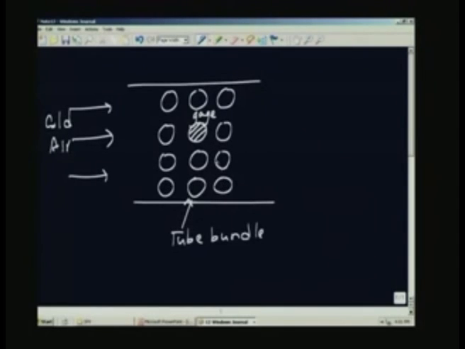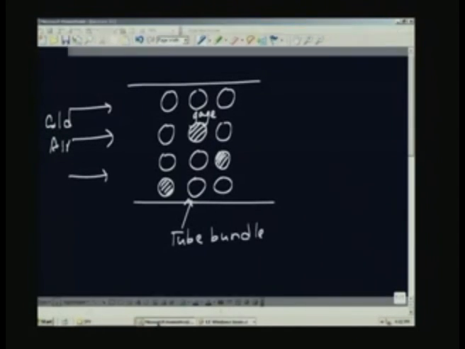In another experiment, I can change the position of the gauge here, I can put it here. So, by doing that, or if I have enough money, I can have several gauges, one here, one here, one here simultaneously, so that I can measure the heat transfer coefficient at different locations within the tube bundle. This is one application where the heat transfer coefficient will be measured simultaneously at different locations within a bundle.